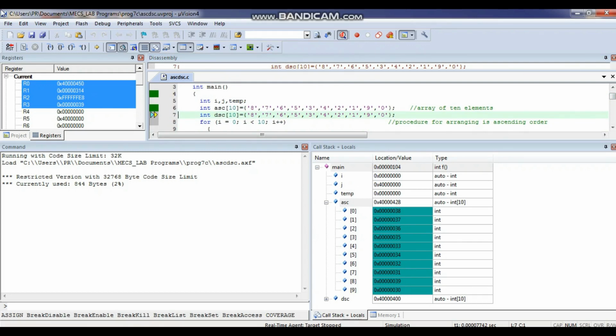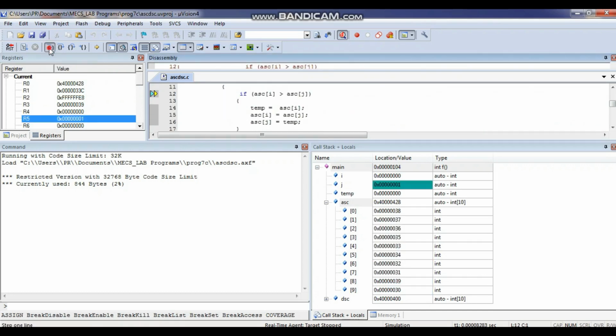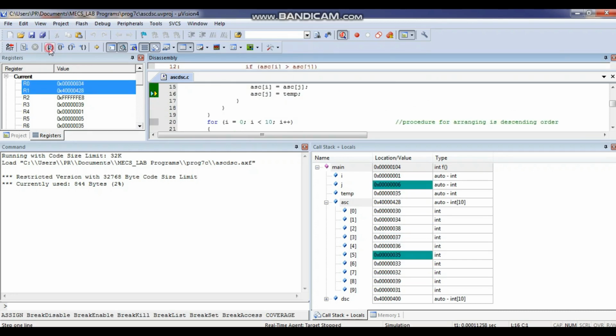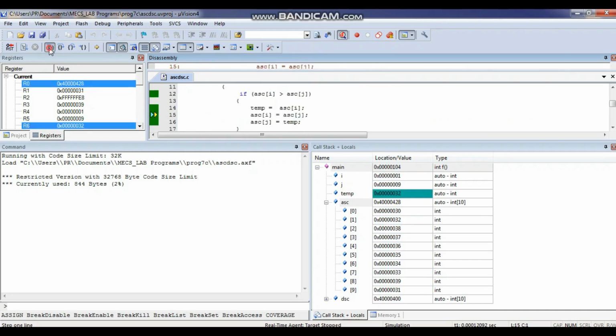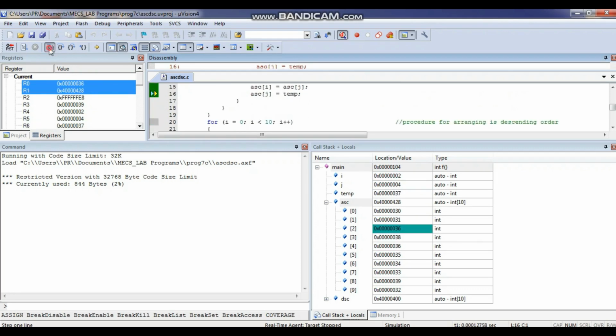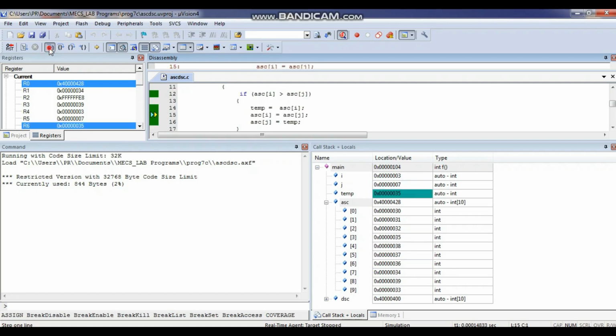Now let us see how it runs. They are all 32-bit numbers again in the memory. Let me run this one. Here you have to run this program till you get i equal to A, that is 10. Now i is 2. I am just doing the step execution. i is 3, i is 4, you can see i is 5.